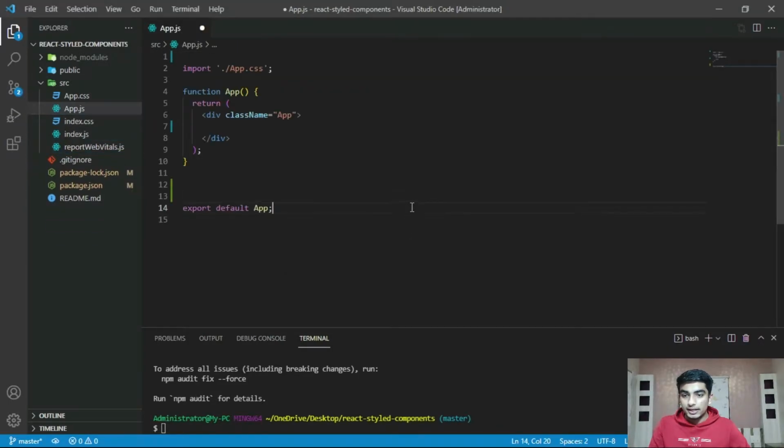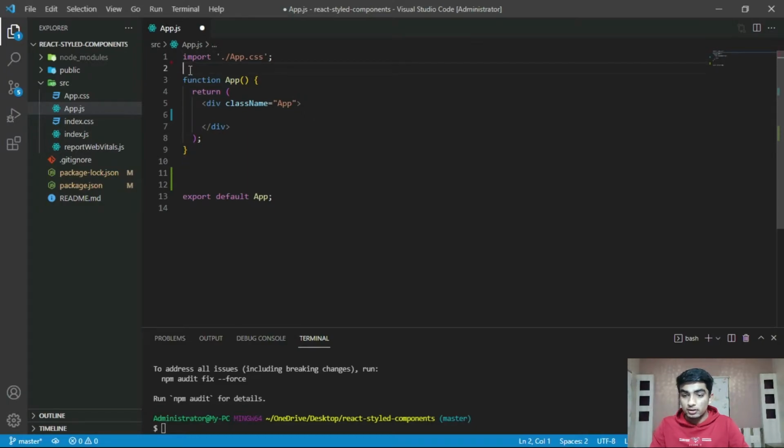Okay, and then just import styled from styled-components.